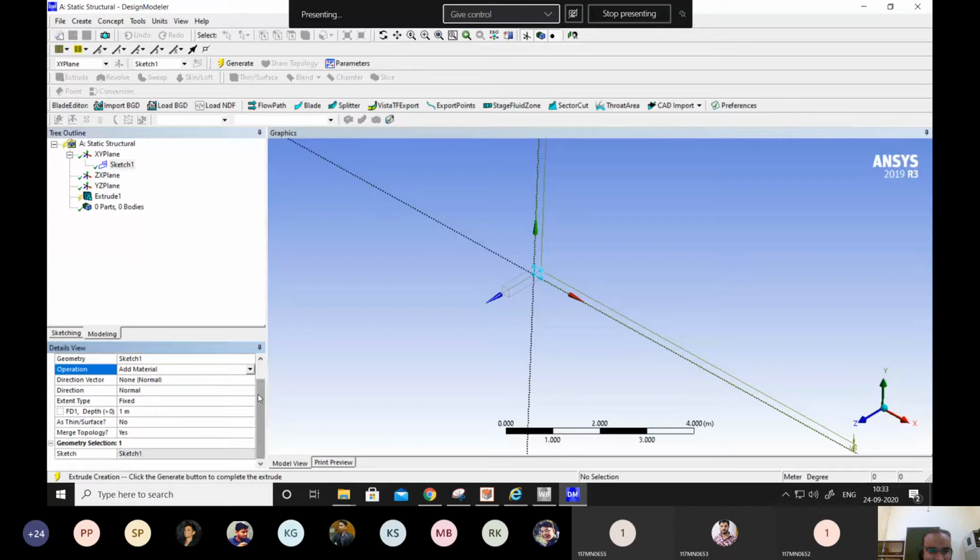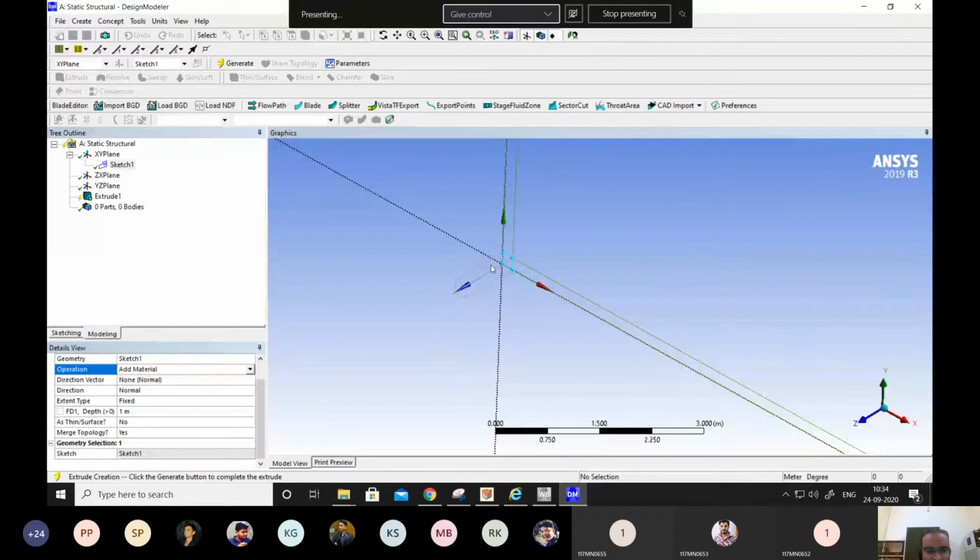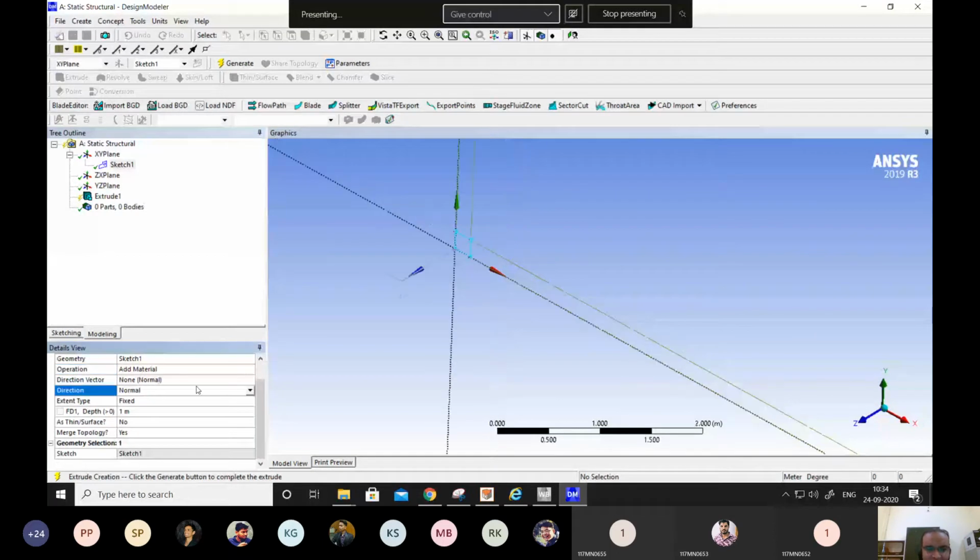And in the direction vector, which direction we want to extrude it. So you can give a normal direction. It can be other directions as well, not perpendicular, but for now it is normal. So let's click normal. Extent type is fixed. It can be variable as well, but for now it is not required. We need 2 meters depth because that's the whole question about 2 meters length.